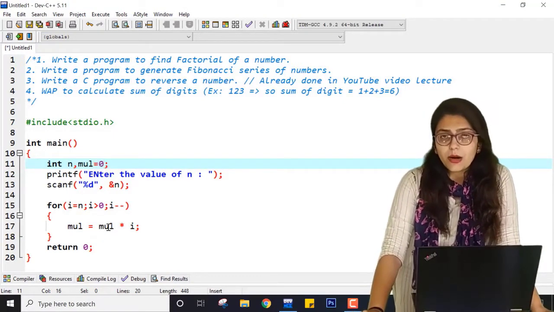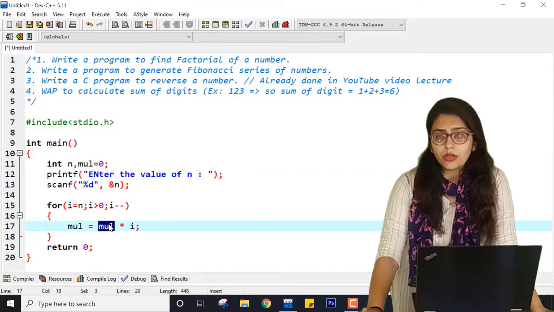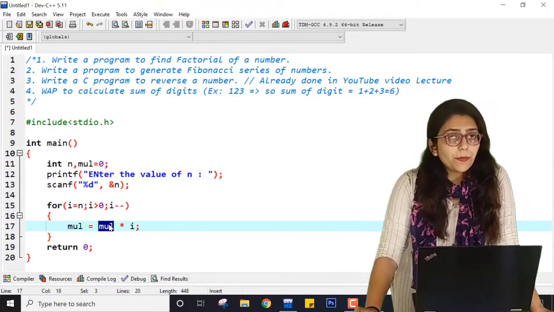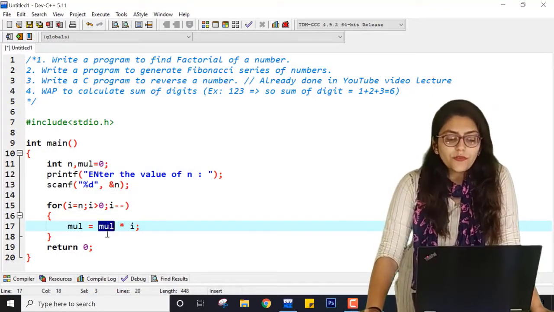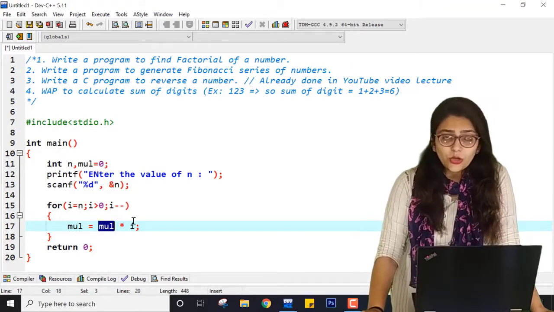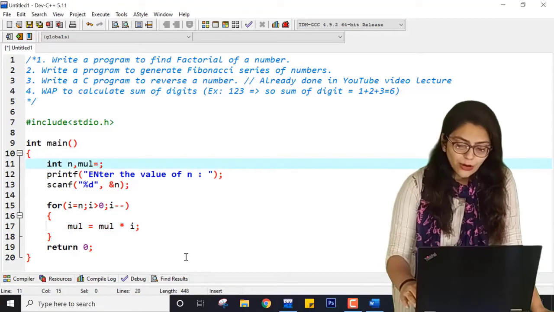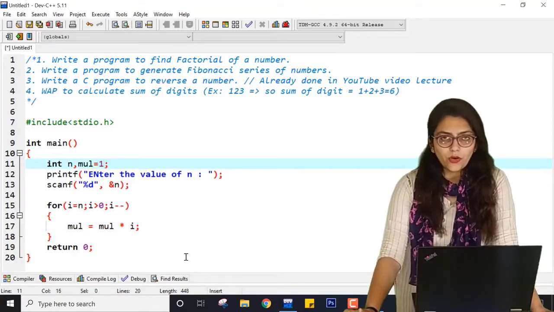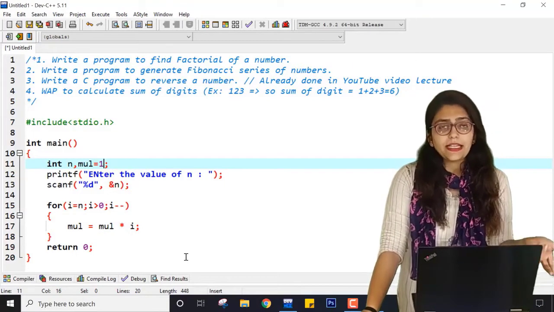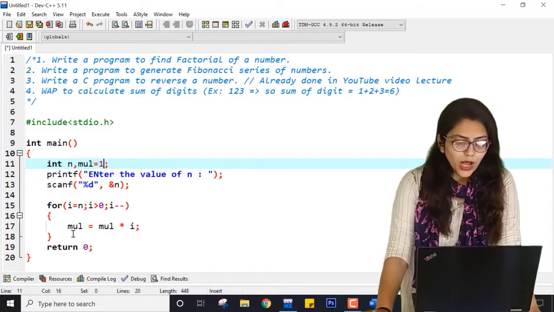Because multiplication of any number with 0 gives the result 0. So when i's value is n and it is multiplied by 0, the entire value will be 0. So we have to use the identity element for multiplication, the number by which multiplying gives the same number. That's why I am initializing mul with 1.